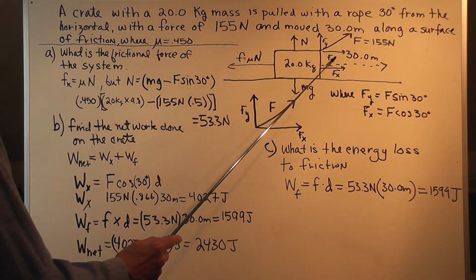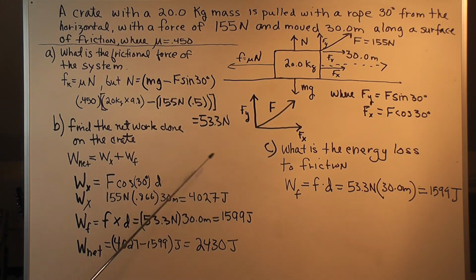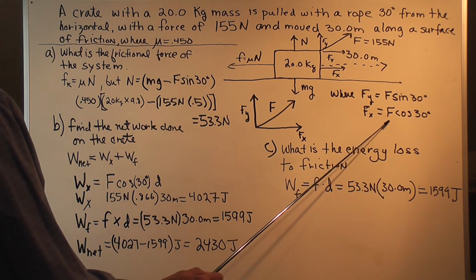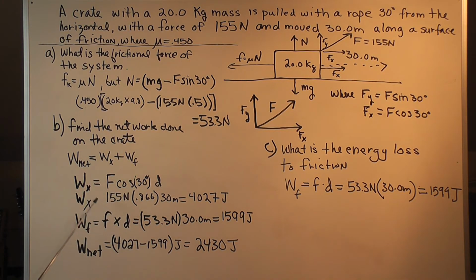And this would be this vector here, Fx, okay? And Fx is equal to F cosine 30 degrees. So we plug this into the work done equation, and we get 155 newtons times the cosine of 30 degrees, 0.866, times 30 meters, and we get a grand total of